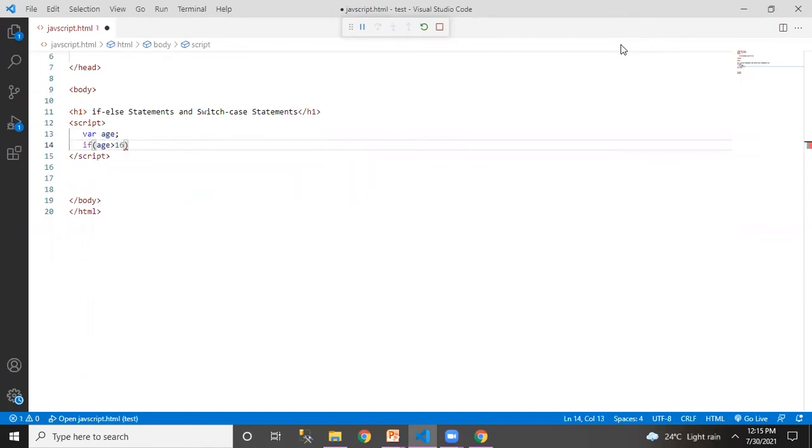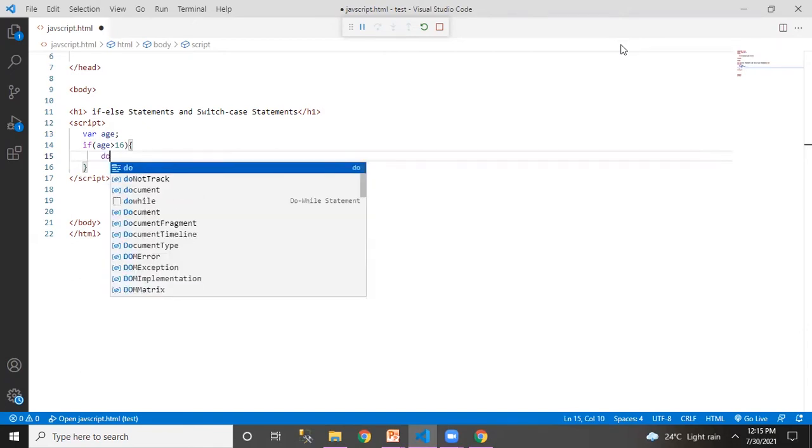If it is greater than 16, then only will we be able to issue a license for that user, right? You have to check this condition in this way, and immediately after that, you put curly brackets, and inside these curly brackets you write your script, which is going to be executed if the condition is satisfied. That means if the condition inside the if is true, the control will come inside the curly brackets written immediately after the if statement, and whatever is written inside this curly bracket will get